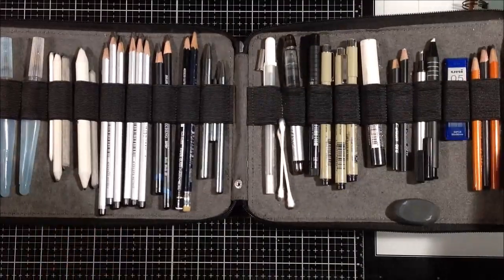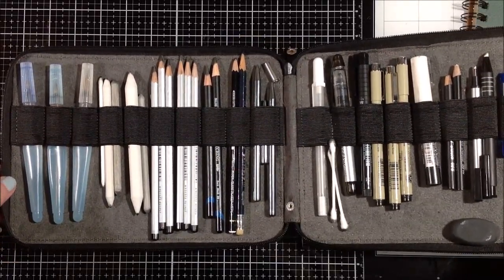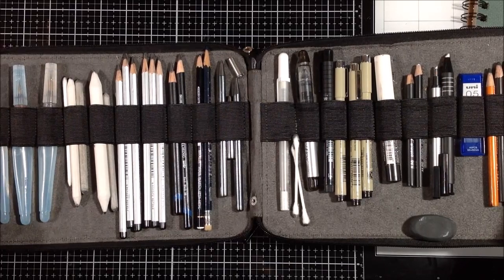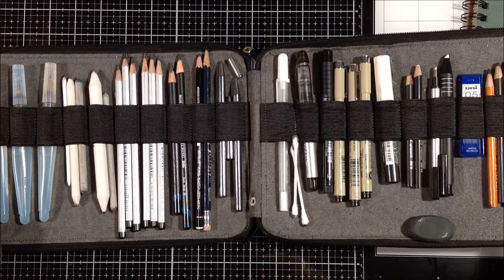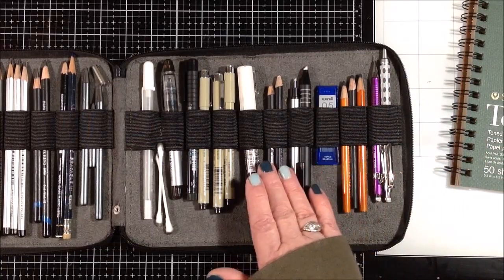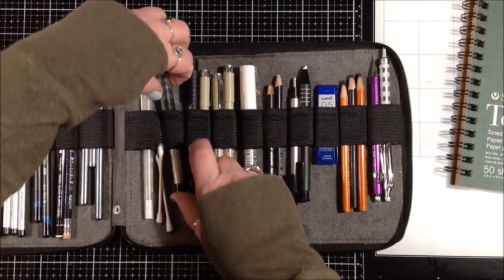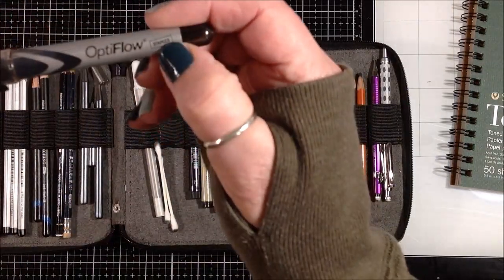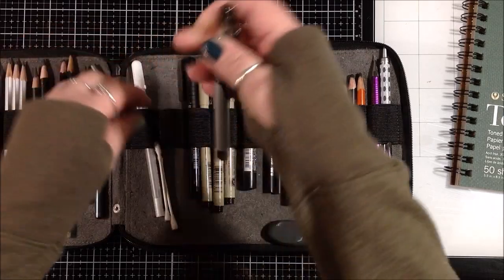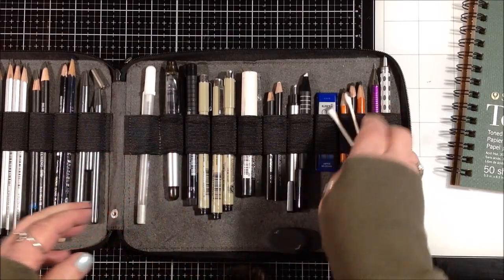I have this awesome pencil case that holds everything I need, and I usually keep this upstairs, not down here in the studio, because that's usually in the evening when I'm watching TV. That is usually when I do my sketching and drawing in my sketchbook. I have my mechanical pencils, some charcoal pencils, erasers, white charcoal, a white Posca pen, some markers. This is that OptiFlow pen. Yeah, it's Staples. But this is the one that moves with water. And I think at some point I had a whole box of them, but they were in the office. They weren't in my art supplies, so...